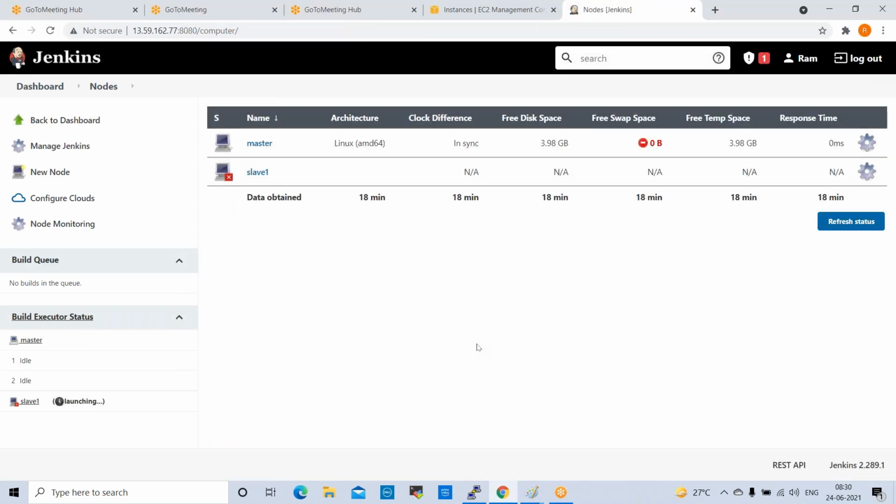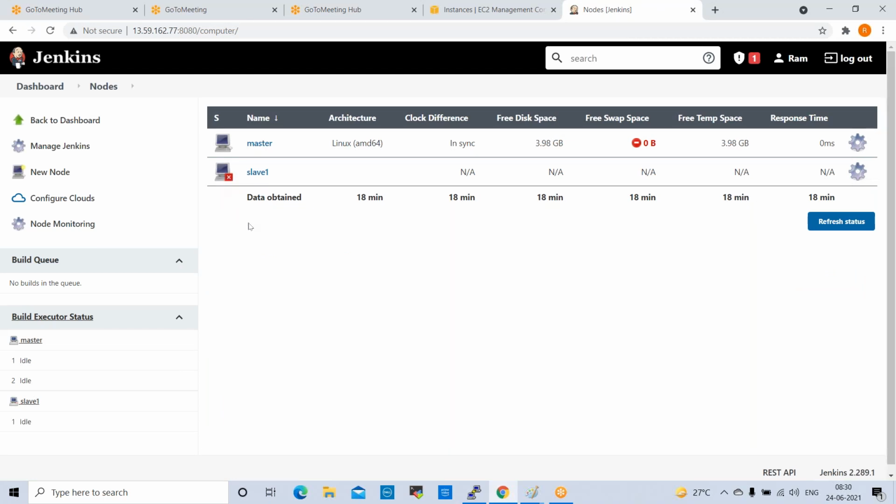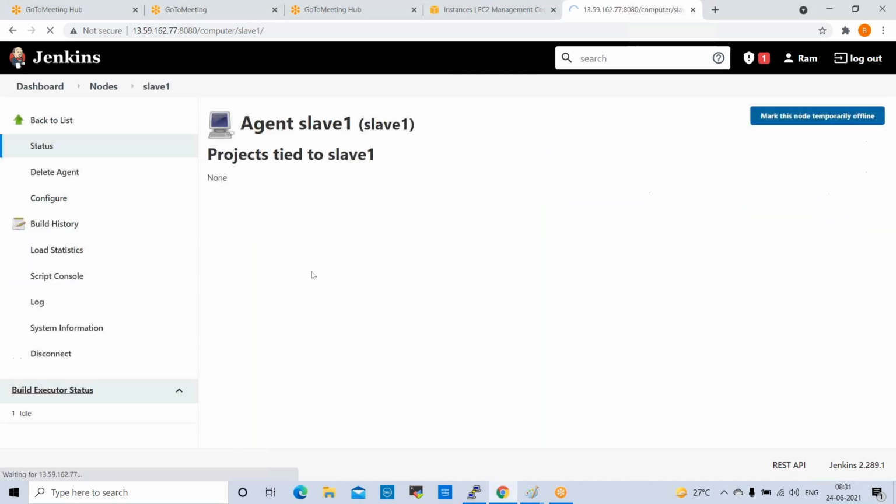So our slave is created here, right? But it is showing a red mark, which means it is not ready. We just added the slave, but it is not in sync state. Now we need to move it online. To do that, click on this slave machine, slave one.